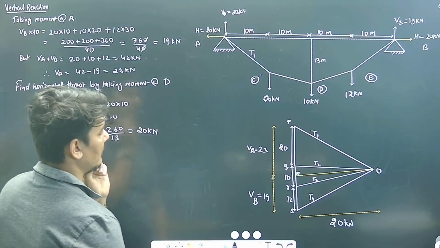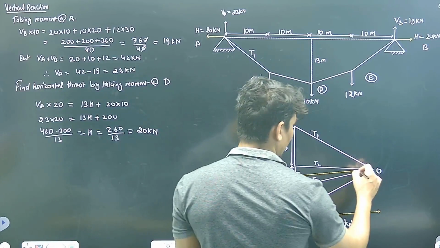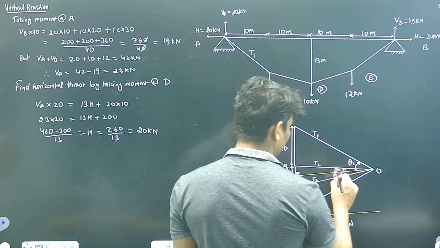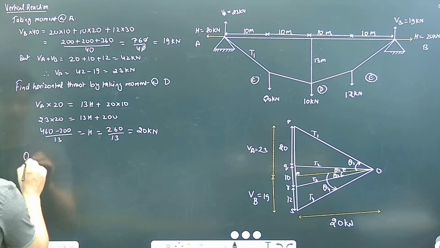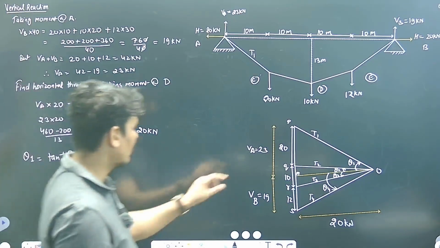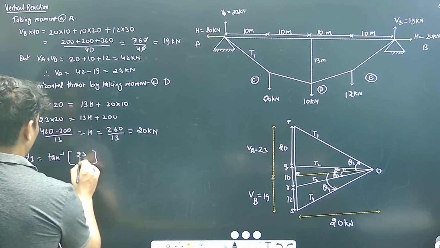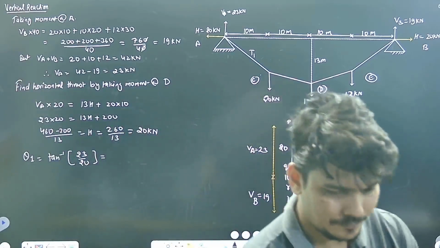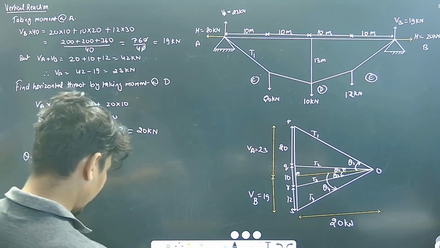नेक्स्ट, नाउ आई एम इंटरेस्टेड टू फाइंड फर्स्ट लेट अस फाइंड थीटास। थीटा फाइंड करते हैं। तो हॉरिजॉन्टल से दिस एंगल वुड बी थीटा 1, दिस एंगल वुड बी थीटा 2, दिस एंगल थीटा 3, दिस एंगल इज थीटा 4, राइट? फाइंड थीटा 1। थीटा 1 इज इक्वल टू tan इनवर्स ऑफ इसका परपेंडिकुलर बाय बेस। व्हाट इज परपेंडिकुलर? तो परपेंडिकुलर इज 23 एंड बेस इज 20। 23/20, it's 49 degree।